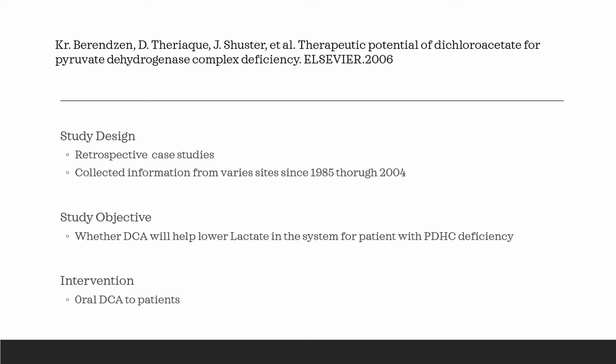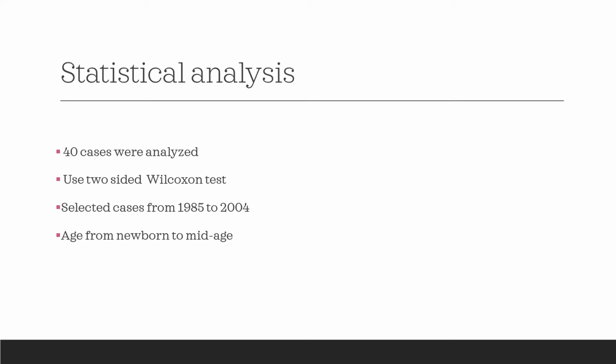PDHC deficiency. For the intervention, they didn't say a whole lot about the exact amount of DCA given. It was just given orally to these patients. For the statistical analysis, they studied 40 cases, which is a very small number for a study. They used the two-sided Wilcoxon test, and selected cases from 1985 all the way through 2004. The age range for these patients was from newborn to mid-age